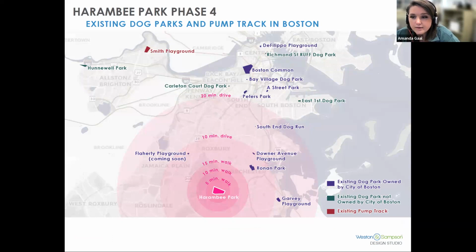So you'll see the parks shown in purple are city-owned dog parks. The parks in the green teal color are existing dog parks not owned by the city. And the one park shown in red is the only other pump track within the city of Austin. So relative to the other locations, this area of the city does not have many dog parks or pump tracks